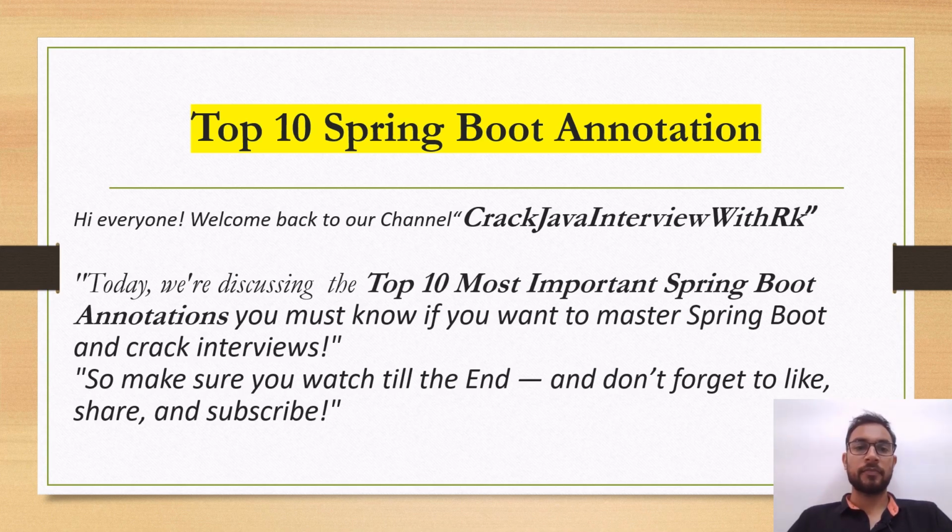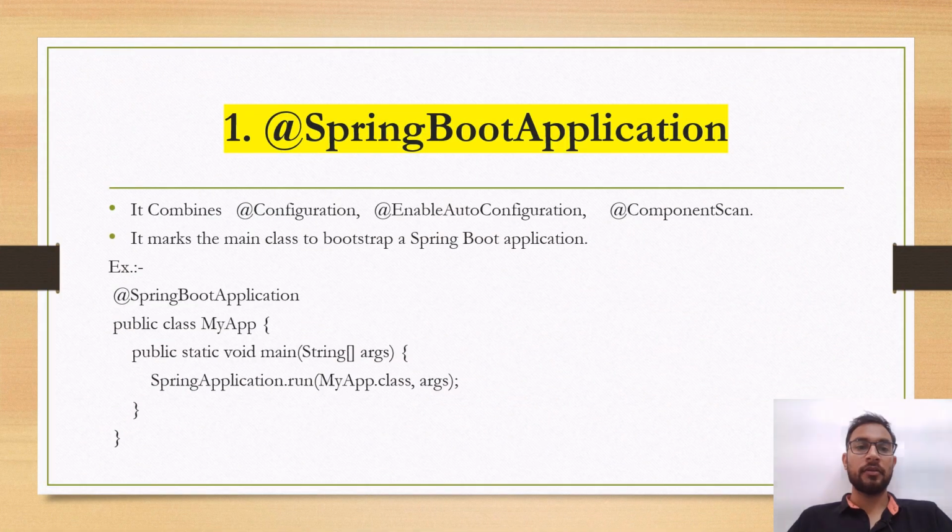So let's see. First annotation is @SpringBootApplication. It combines three annotations: @Configuration, @EnableAutoConfiguration, @ComponentScan. It marks the main class to bootstrap a Spring Boot application. Example, we have a main class, public class MyApp, and it is annotated with @SpringBootApplication. Okay, so next,